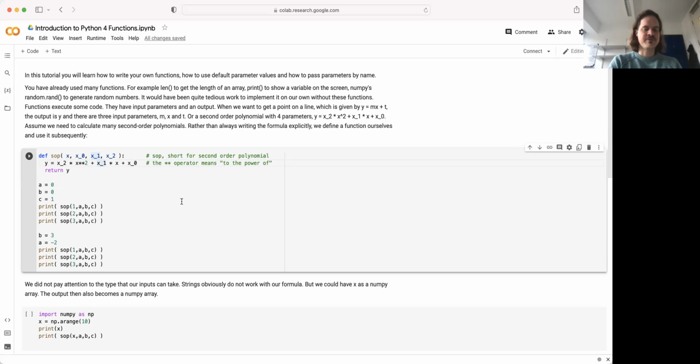So when do you want to write your own function? You want to write your own function when you do something more than once so that you can reuse your code. Sometimes you also want to write your own function so that your code is structured better and easier to read, so that you don't have one long script, but that you define task by task, each task as a short task, and then just call the tasks